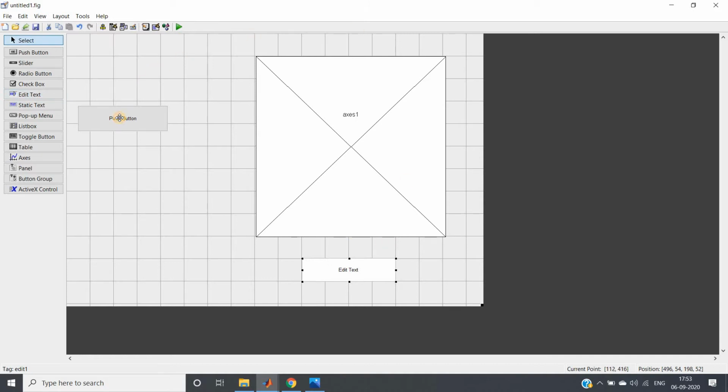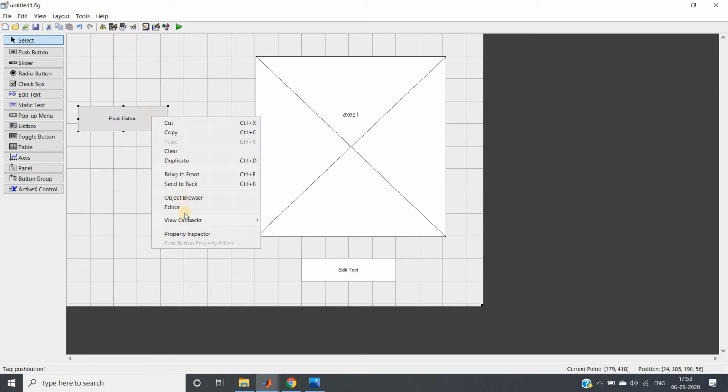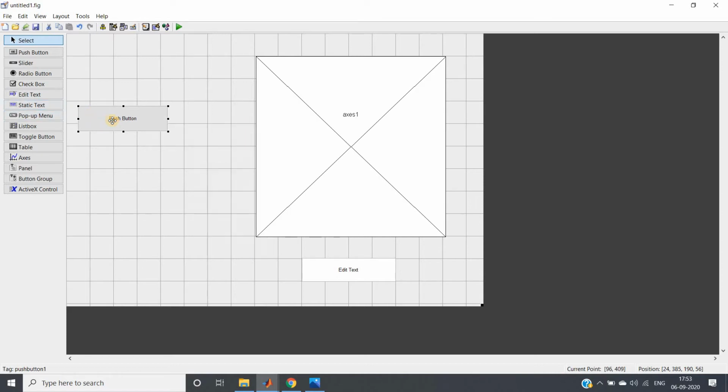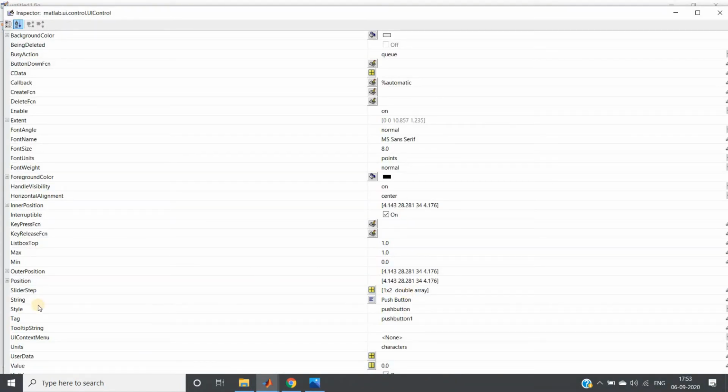Now instead of giving this kind of default name, we can give a good name which will give us an idea of what to do. Instead of push button, as we want to browse the image, I will click it, go to the property inspector, and in the string part, instead of push button, I'll give browse. When you change the string, change the tag part also.